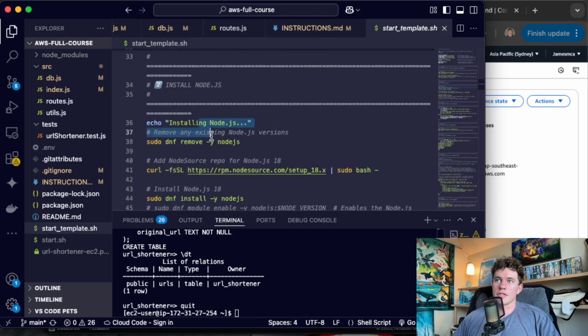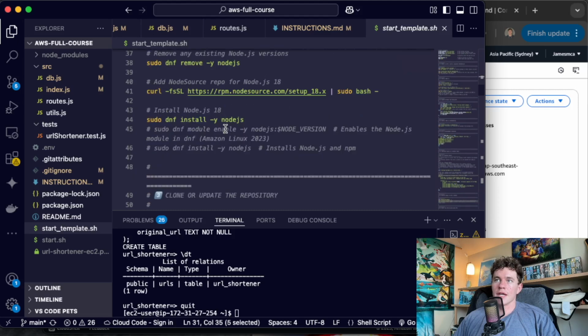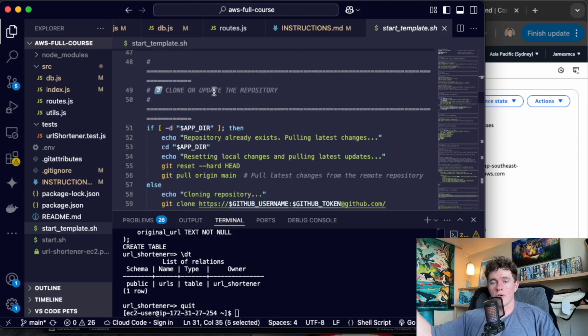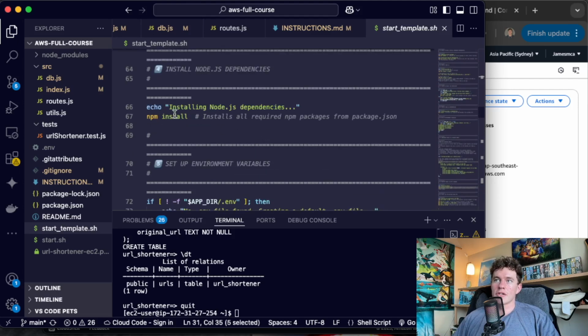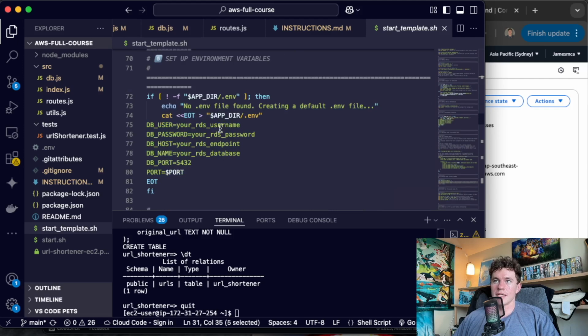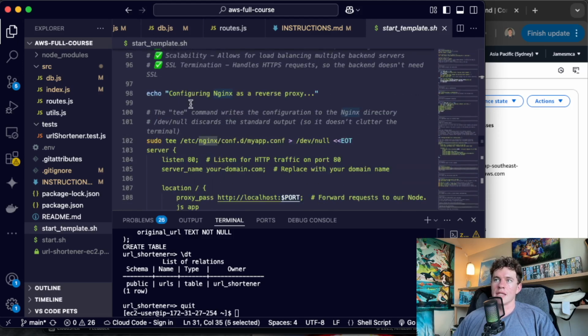For example, it's going to install Node.js. That's super important. It's going to install NGINX. It's then going to clone the repo onto that cloud machine, that virtual machine. And then it's going to install the Node.js dependencies. It's going to create a .env file if it doesn't already exist, but it will exist because we're going to send it over there. And then we're going to set up a reverse proxy,